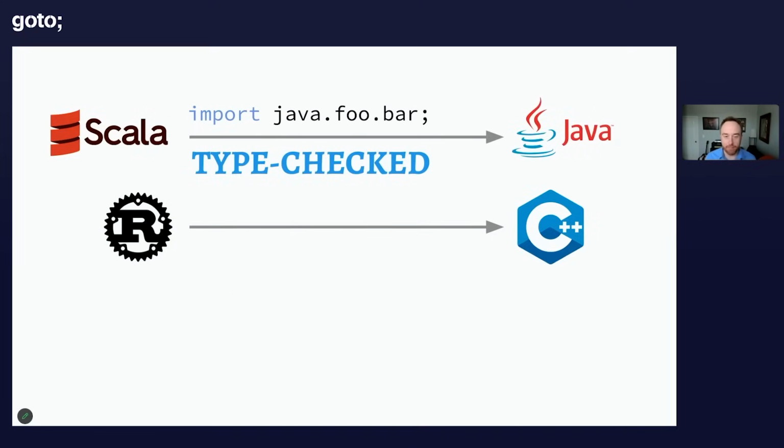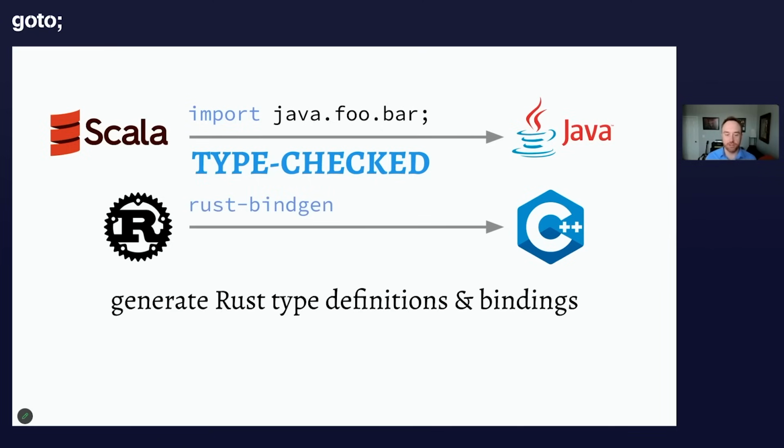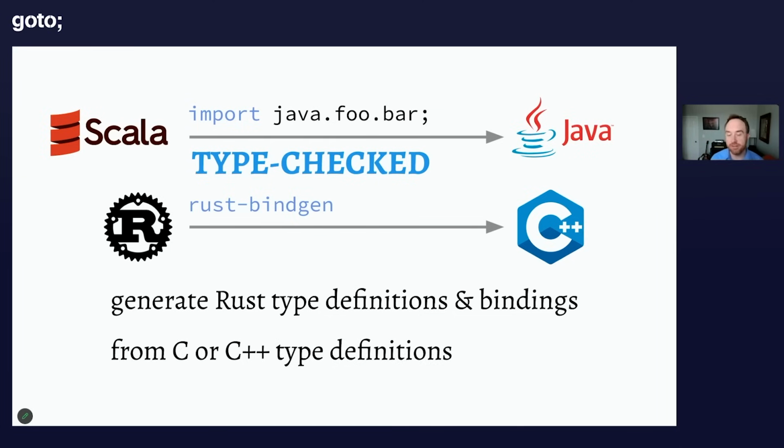Okay, now if I am, let's say, in Rust land and I want to call C++, there actually is a command line tool that will help me sync up not only the runtime representations, but also the types at the same time. This tool is called Rust bindgen, and basically its purpose is to generate Rust type definitions and bindings at the same time, so the types as well as the runtime stuff, from C or C++ type definitions. So I have some existing C++ code base, I've got some type definitions for my C++ code, I just give it to Rust bindgen, and it generates some Rust files